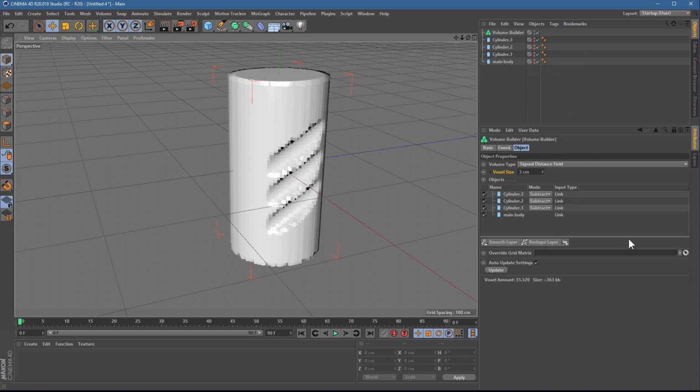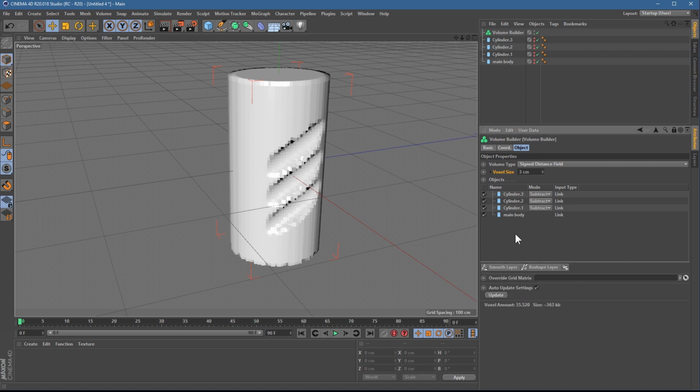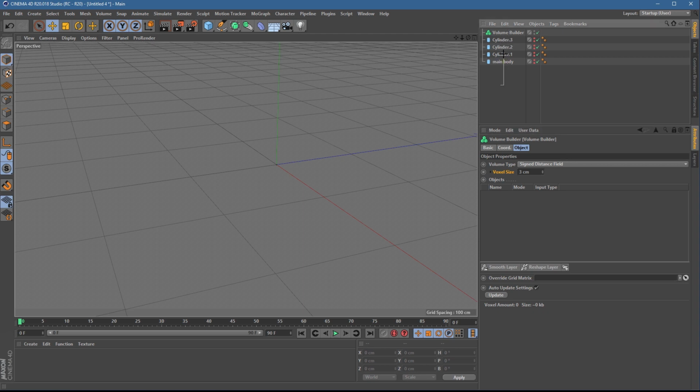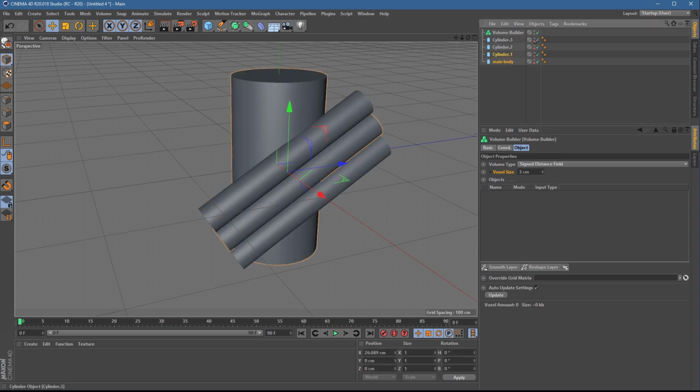But the thing I really want to mention down here is that you can lose track of which objects are doing what. So you can see here, these objects are now a link type of object, i.e. I've just linked to them. I haven't actually put them inside. But you've got to keep in mind, you can always change these things. So if I remove these and I unhide these objects and I go back to using them as a child, for example,